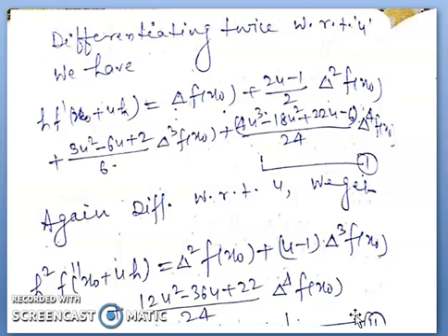So what is the process? First we take Newton's forward formula and we differentiate first time with respect to u. We get the first derivative. Again we differentiate with respect to u. We get the second derivatives, and write down equation 1 for first derivatives, equation 2 for second derivatives. Then after,